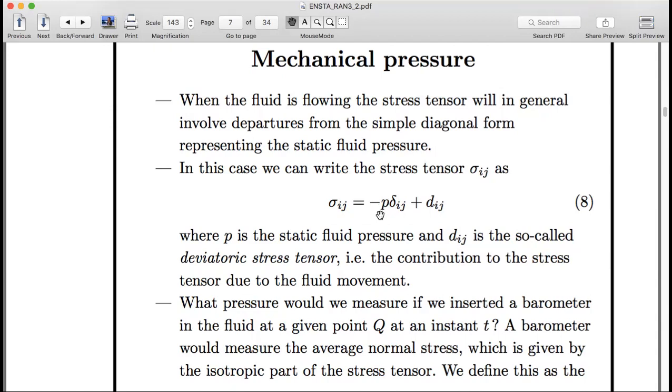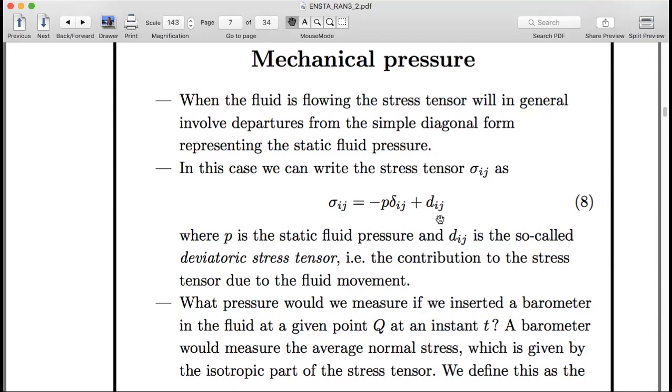That's going to be the big part of this tensor: minus the static fluid pressure along the diagonal, plus some departure from that or some additional term